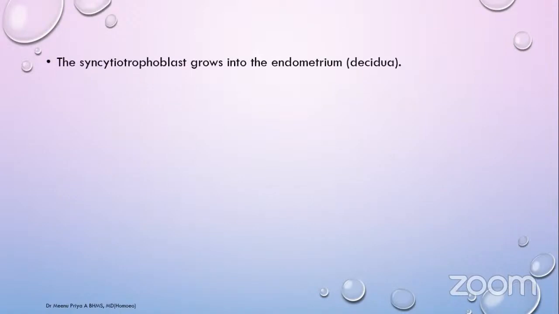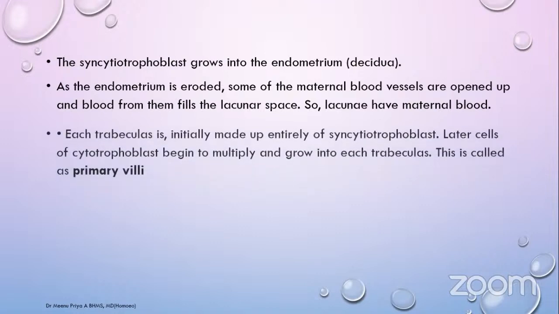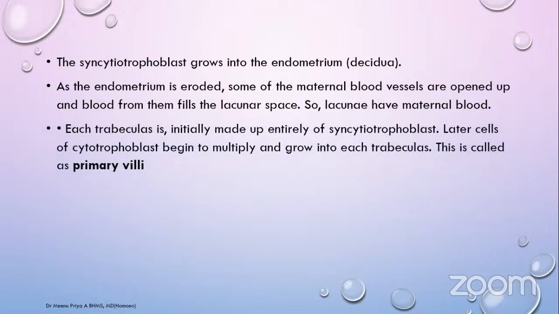The syncytiotrophoblast grows into the endometrium, that is the decidua, and as the endometrium is eroded, some of the maternal blood vessels are opened up and blood from them fills the lacunar spaces. So the lacunae have maternal blood. Whatever blood the lacunar spaces have is maternal blood, after the erosion of the endometrium. Each trabecula is initially made up entirely of syncytiotrophoblast, and later cells of the cytotrophoblast begin to multiply and grow into each trabecula,